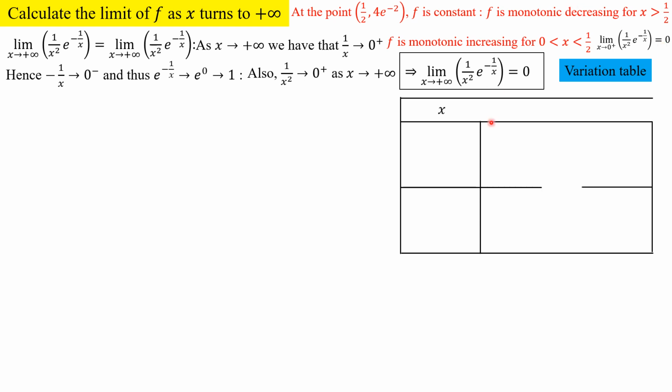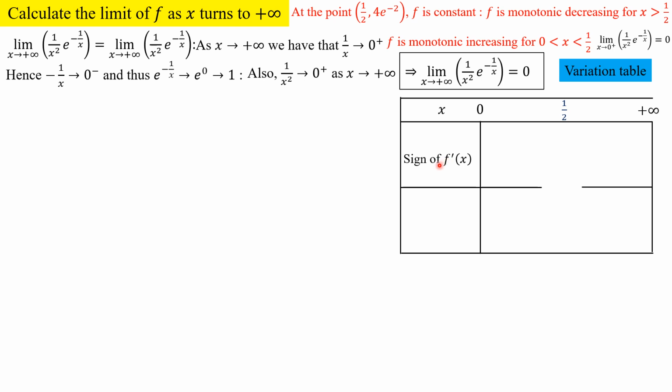So first, we are going to begin with where x is being defined. x is greater than 0, meaning that it begins from 0 and ends at positive infinity. Are there vertical asymptotes? No, because the limit at 0 gives us 0, so 0 is not a vertical asymptote. Are there turning points? Yes, so we need to indicate the x coordinate of those turning points. Are there intercepts? Yes. x equal to 0 is an intercept because we were told that f of 0 is equal to 0. So I just need to indicate the x coordinate of the turning point, which is x equal to half.